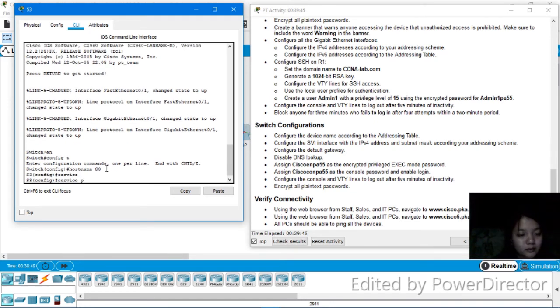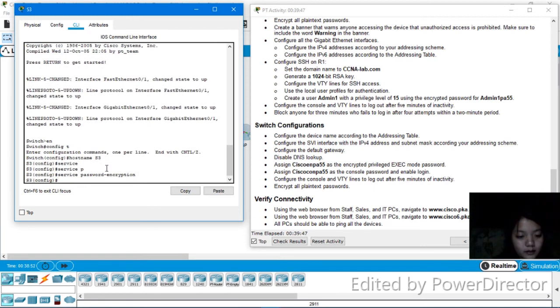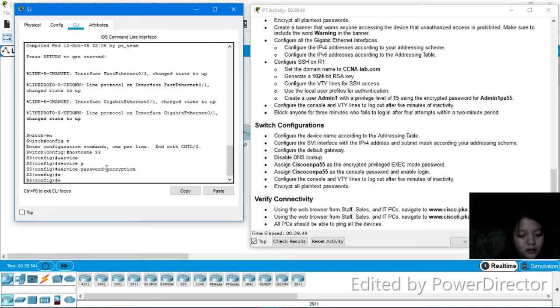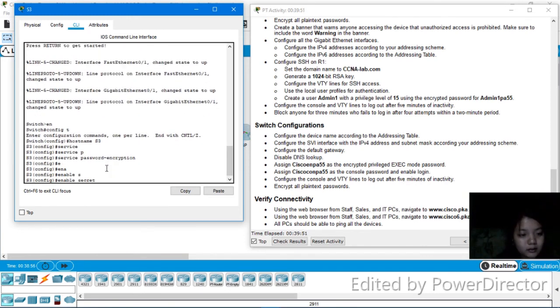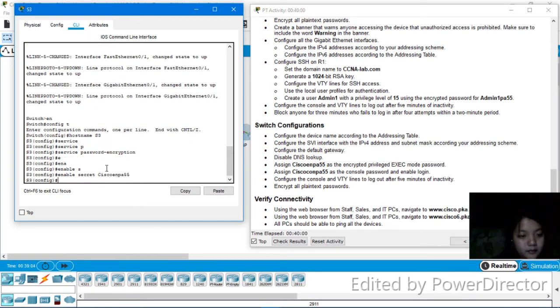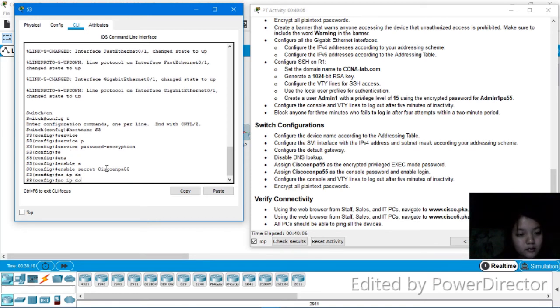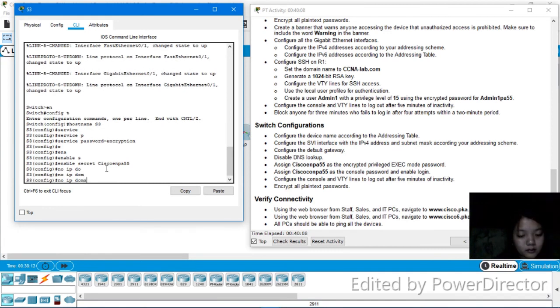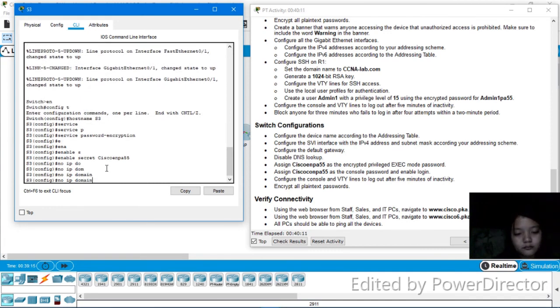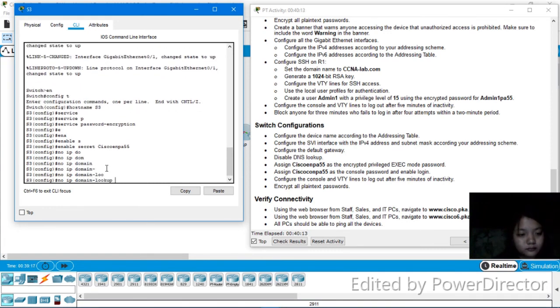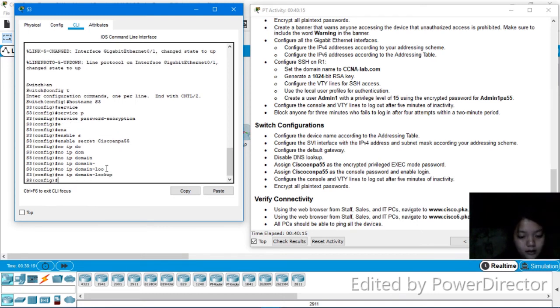So after that, we'll enable secret Cisco ENPA55, and then the no ip domain lookup, and then the interface